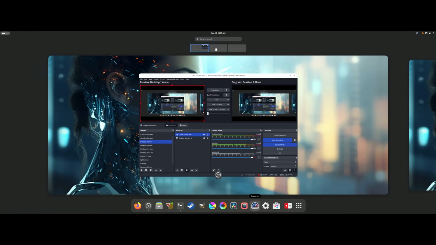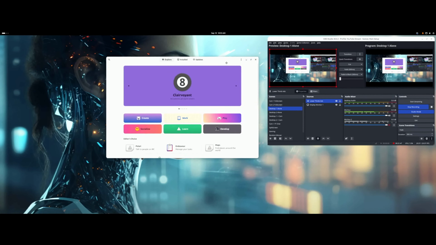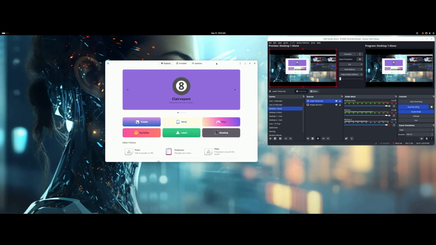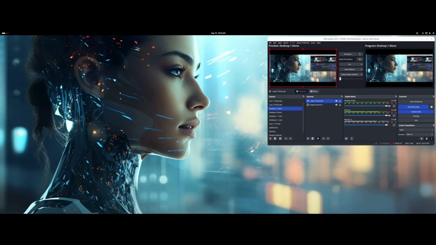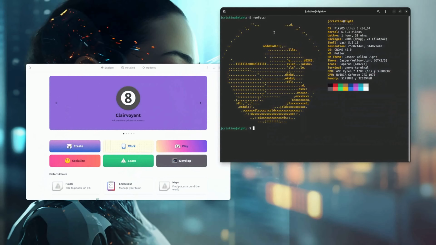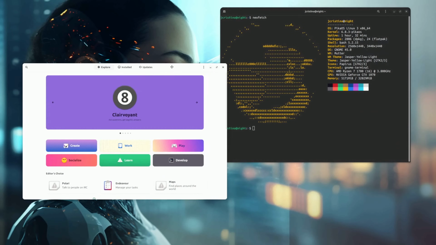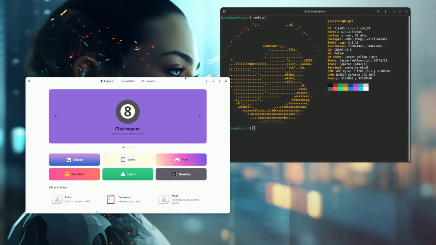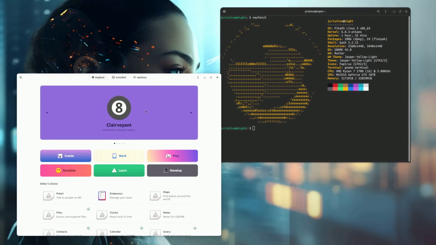We have a system resource meter, and then we have the package or software library. Let's go into the software library just so you can see this. I like this. This is pretty cool. You know what? Let's go and move it over to the other screen. There we go. And this way I don't have to go and zoom in, zoom out, and all kinds of other nonsense. So this is the software library, let's say, or where you can go and get software.